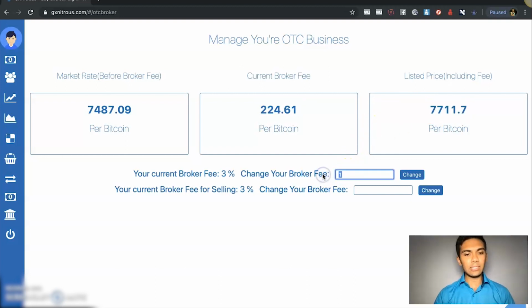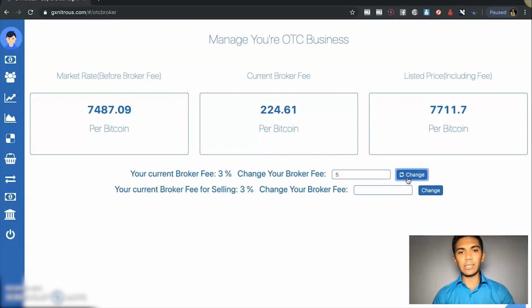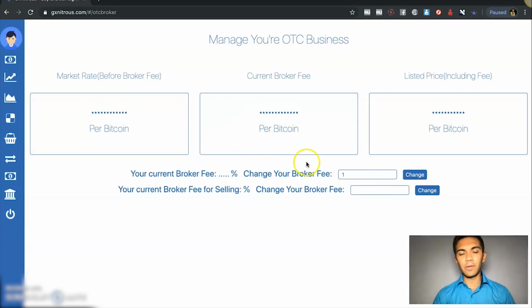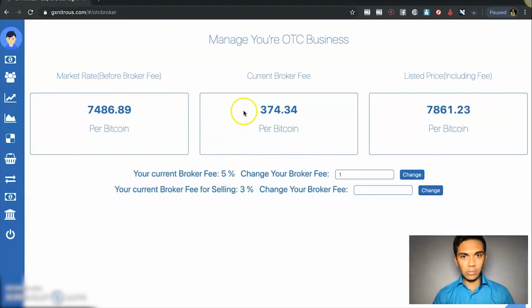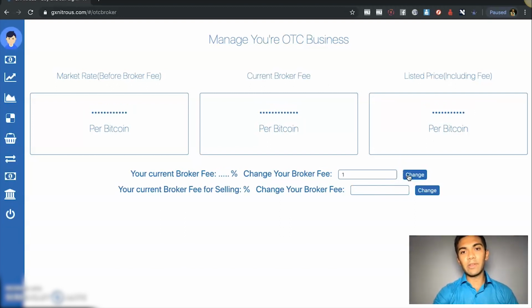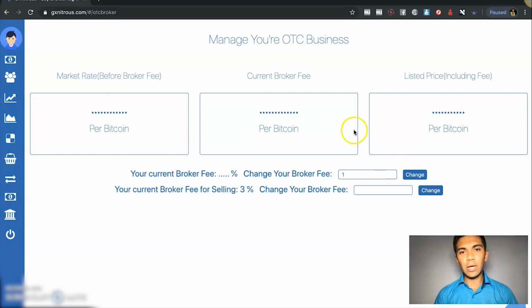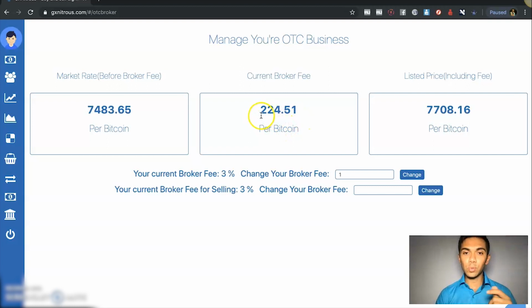Now you can easily adjust this. Let's say you wanted to make it 5%, or you can change that, and soon all the numbers will be calculated to the respective percentages and the specific numbers. And down here, as you can see, this is increased accordingly. I don't want to charge 5%. I will stick to my 3%. And as you can see, it'll go from 374 to now, or back to what it was previously, and 224